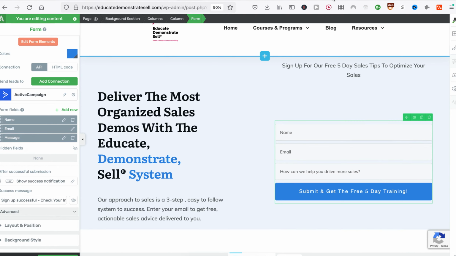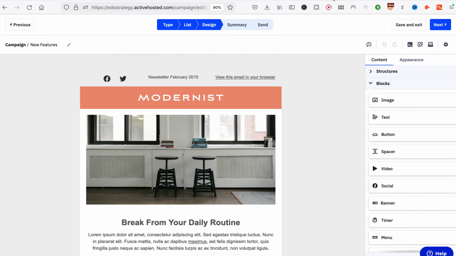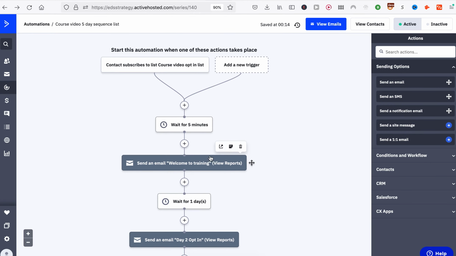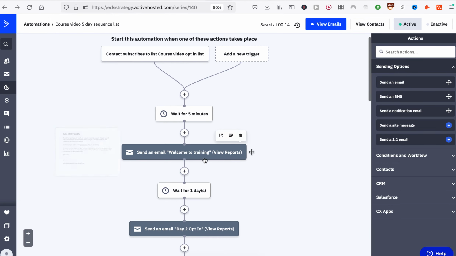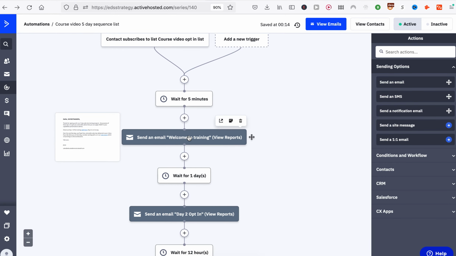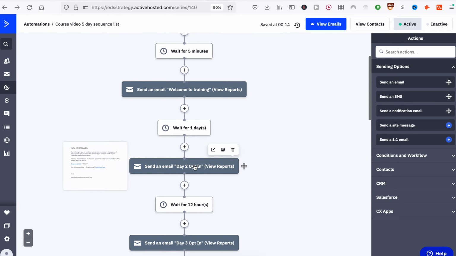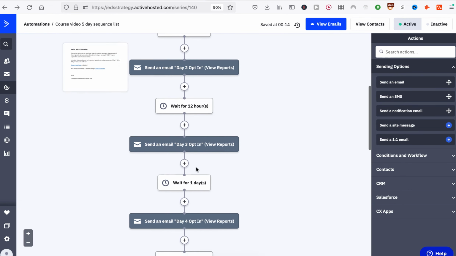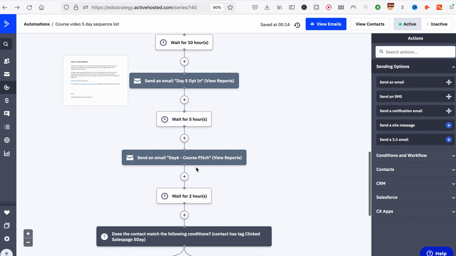And then the user goes on a sequence. For instance, they subscribe to a list, it waits 5 minutes, and it sends an email, welcome to the training. It waits a day, sends another email, get day 2 of the sales training, which we provide for free. And then after that, we'll be building it out where,